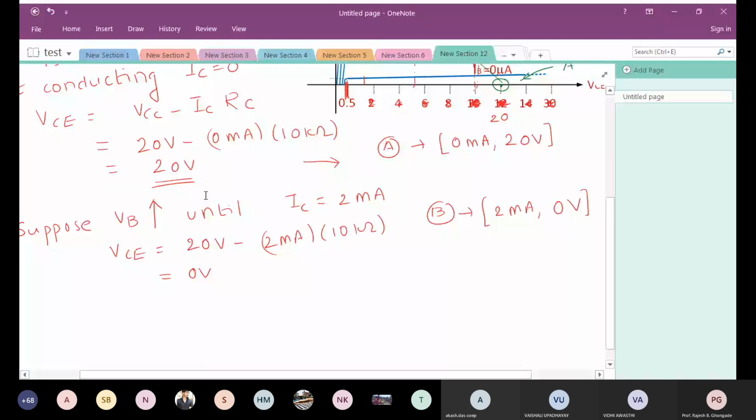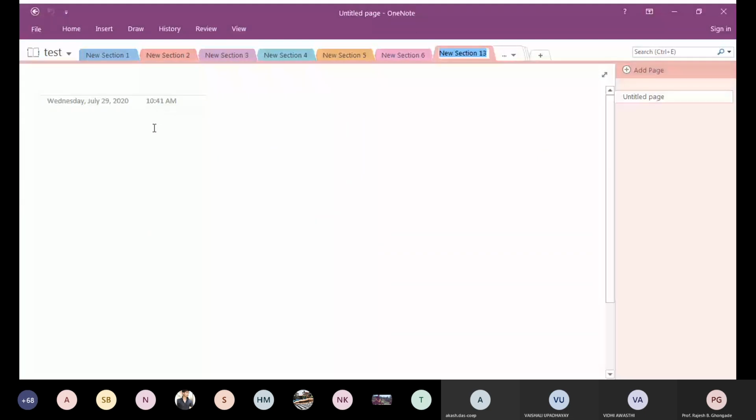So now, once we have a background of the concept of load line, now we will start with the actual biasing circuit. So biasing means what? Tell me, what do you mean by biasing? Biasing means to set the Q point. The act of biasing is nothing but setting the Q point. Now, what are the different biasing circuits that we are going to see? There are 3 different ways, in fact 4.